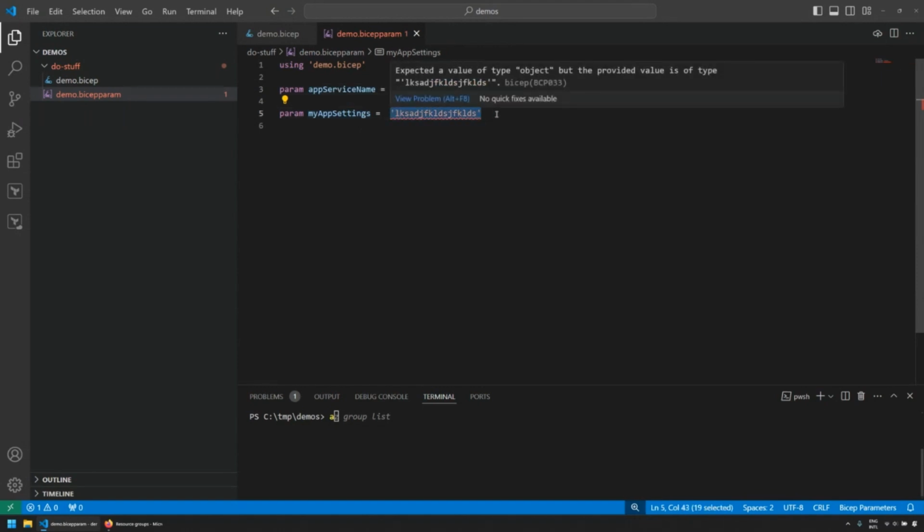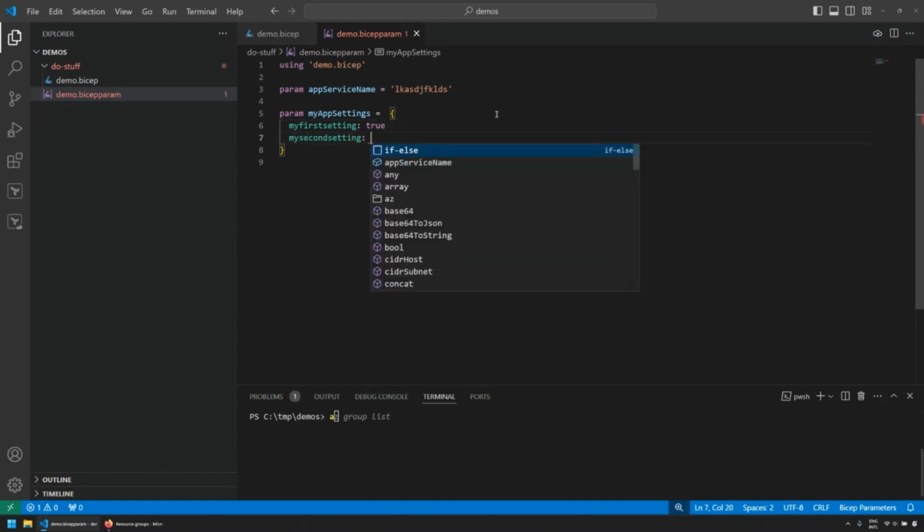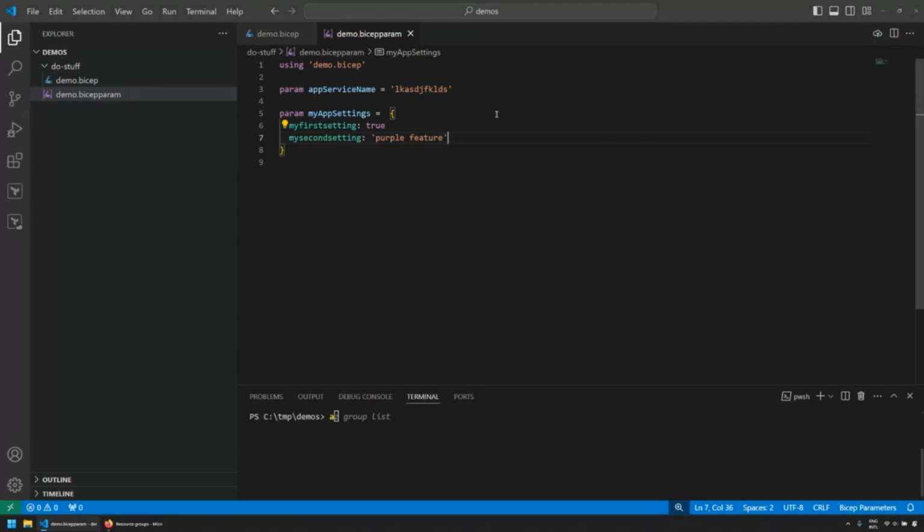So I still get squiggly braces telling me what I have to do. So let me update this to saying, hey, my first setting is going to be true. My second setting is going to be purple feature. And then number of purple thingies is of course 42.